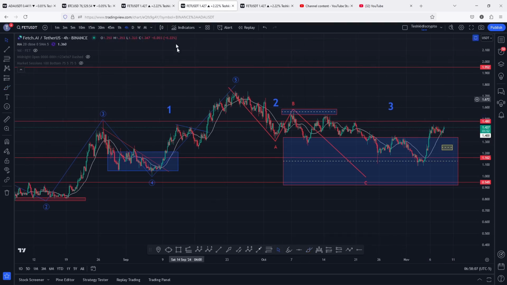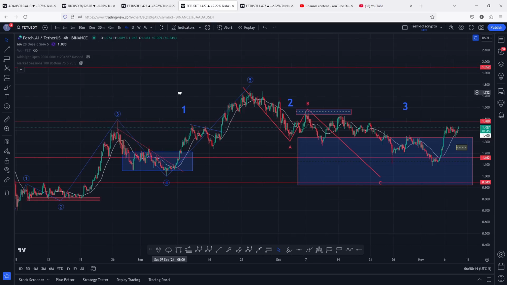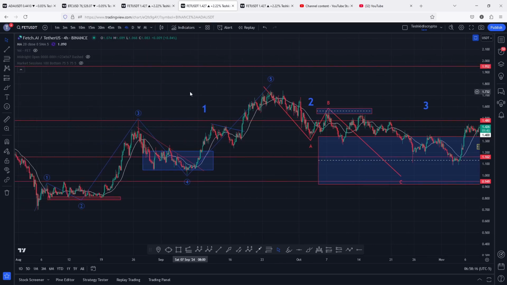And in today's video I will be discussing the Elliott wave structures that are playing out here on the Fetch AI chart, give you the key areas of support that you need to continue holding above, and also give you my breakout target areas. And I will be starting the video here on the 4-hour chart by first giving you